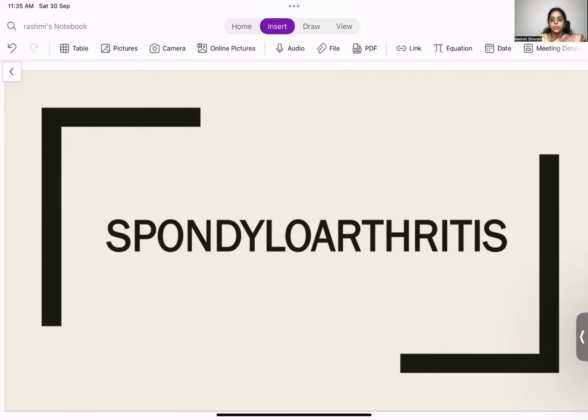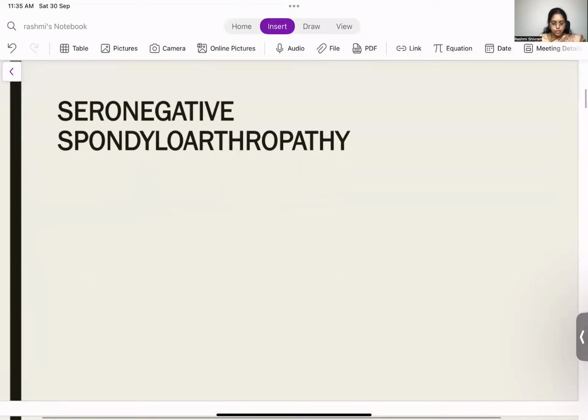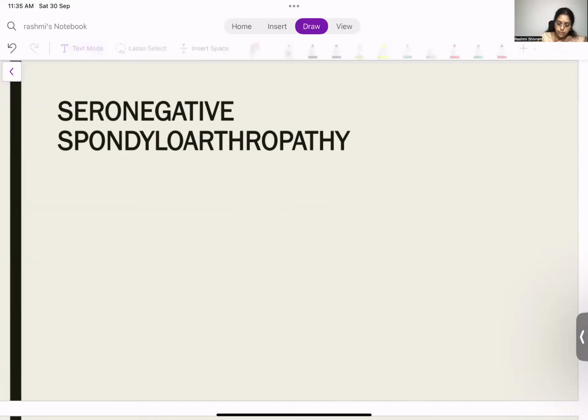Before we go into what is spondyloarthritis, I would like you to know about a term called seronegative spondyloarthropathy. This seronegative arthritis is what it was called earlier, till recent times. And why do we call it seronegative? It is a very important thing that you need to remember. Seronegative means the RA factor